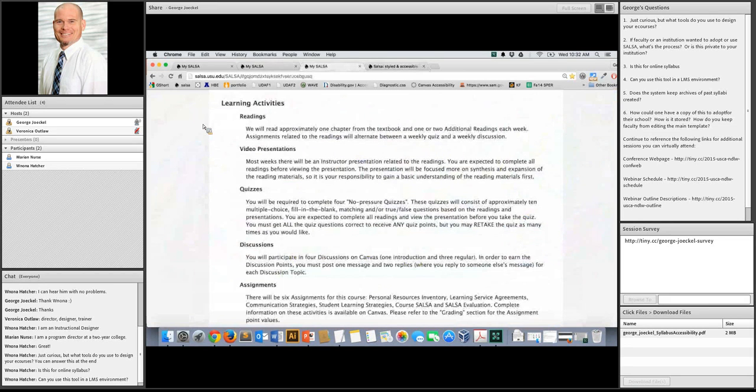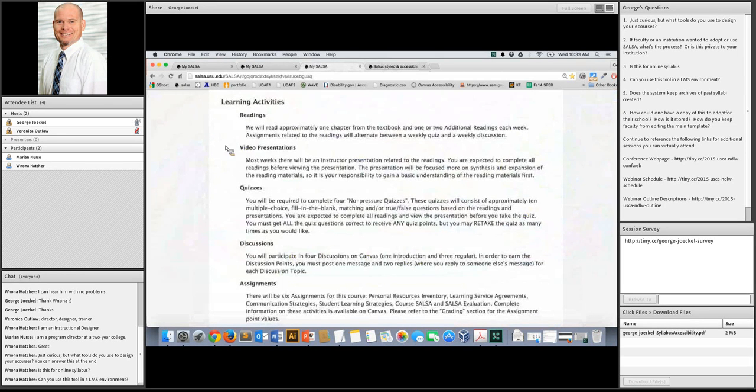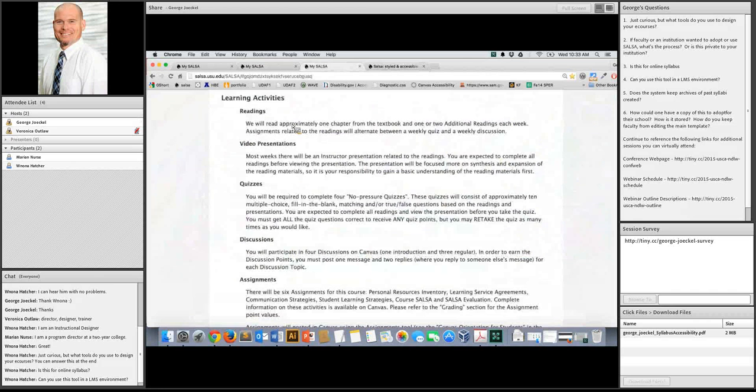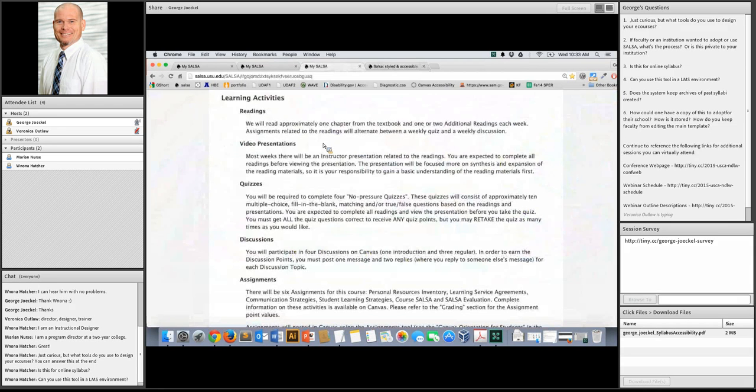So the styled comes in with those headings and the different layouts we're talking about, accessible. And then learning service agreement, really a lot of people consider the syllabus kind of a contract between the teacher and the students and in between the institution and the student as well.